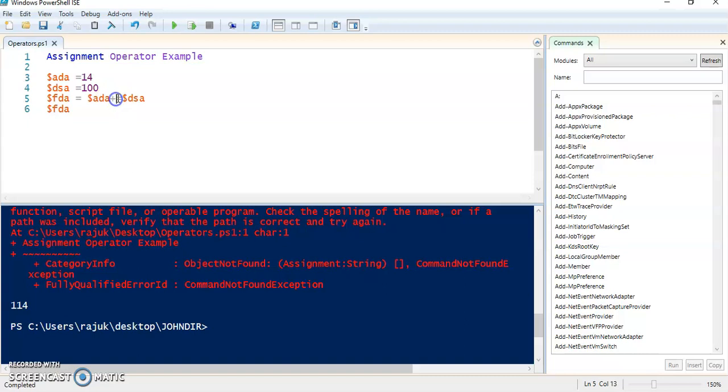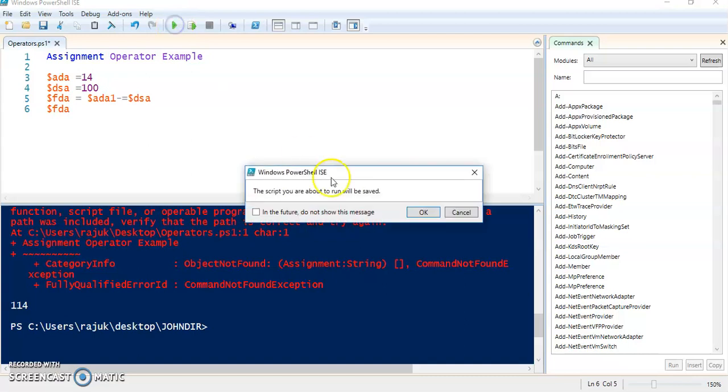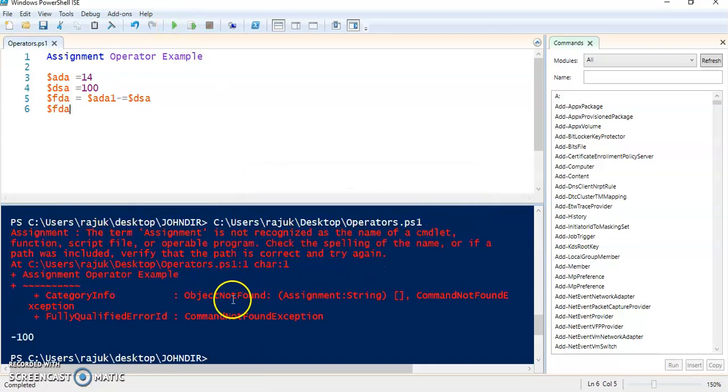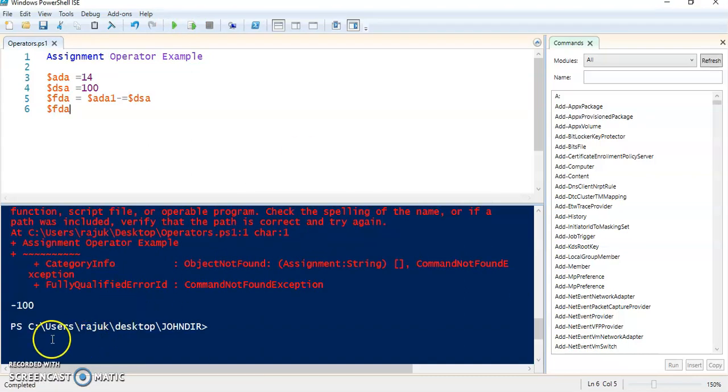Now we will see minus, as we have written here. It is showing minus 100 because first it subtracted this value, after that it shows 100.